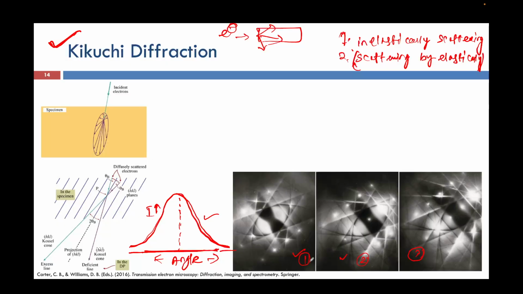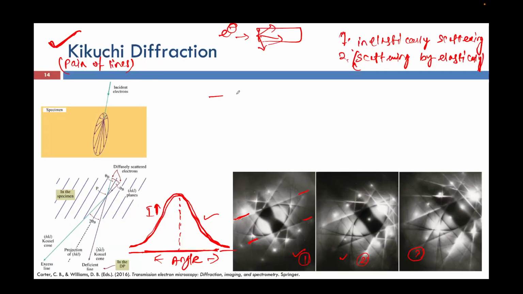So we'll see here one can see that this line is a bright line corresponding to that line. So this line is a relatively dark line, right? So similarly there are bright lines here corresponding to that, this is a dark line. So we can see that there will be pairs of lines which will be dark and bright. So why they will be there, we'll just see. If my incident electrons are only inelastically scattered, then I should have got this kind of structure, right? But now since it is elastically scattered after the inelastic scattering,